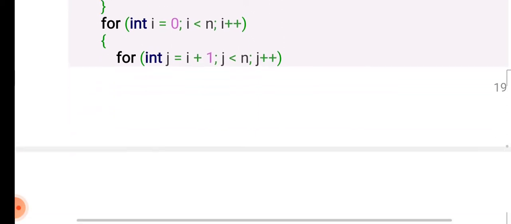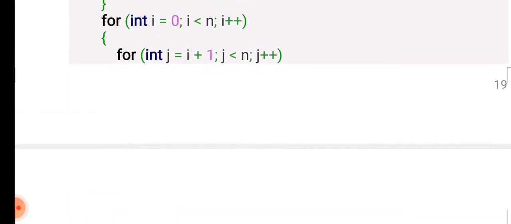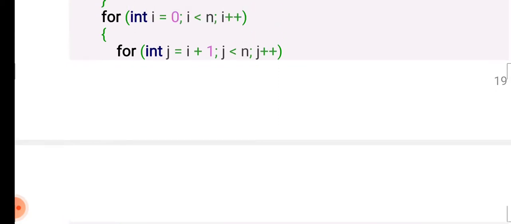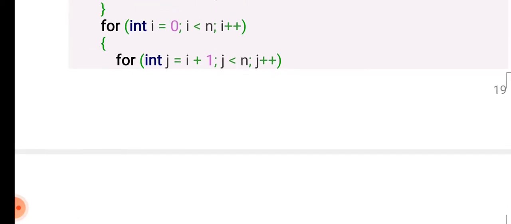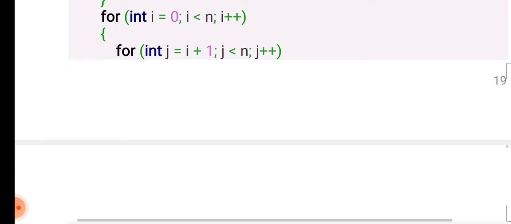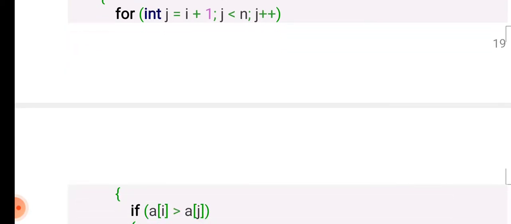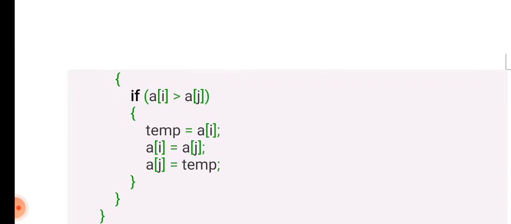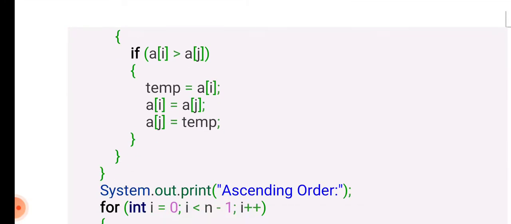Then we have to sort the elements using two for loops. One is the i loop, another one is the j loop, for comparing two elements. Here the i loop starts from 0, the j loop starts from i plus 1. So the loops will be executed up to n times. Then we have to compare the two elements, that is, a[i] is greater than a[j], the first element and second element will be compared to see which is greater,